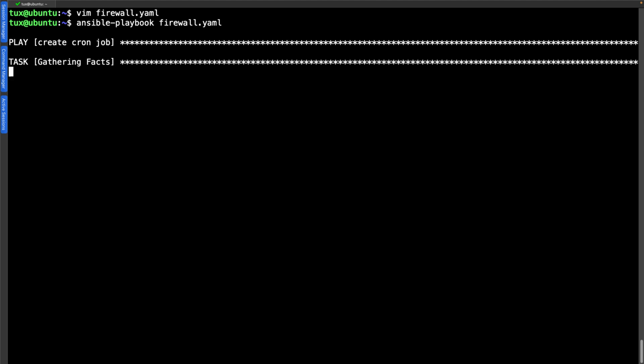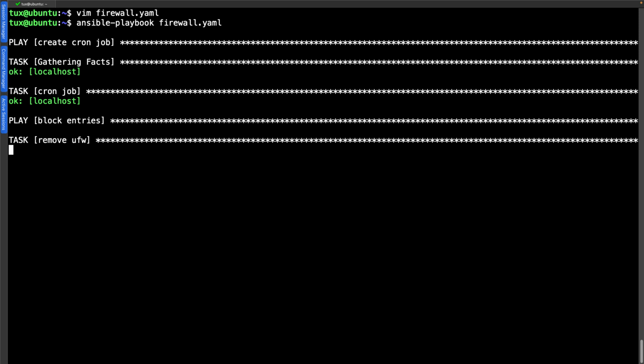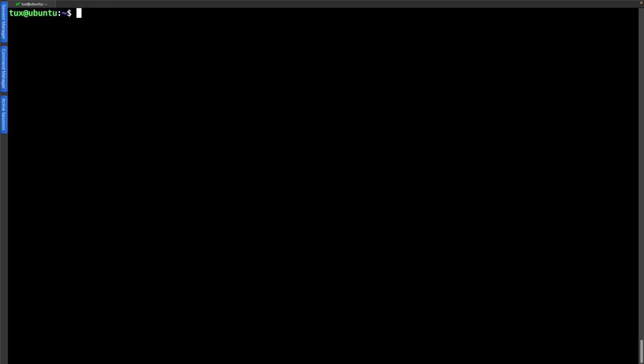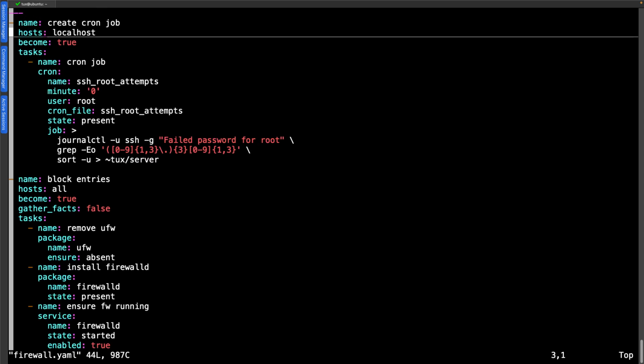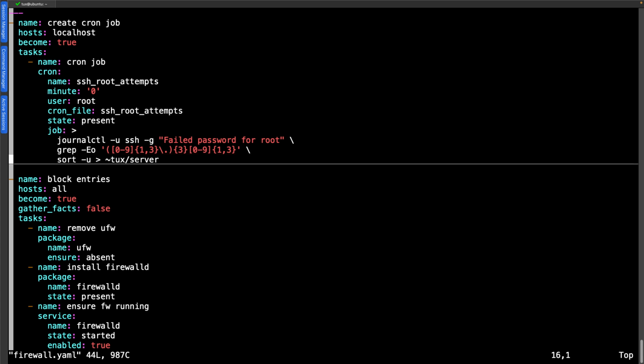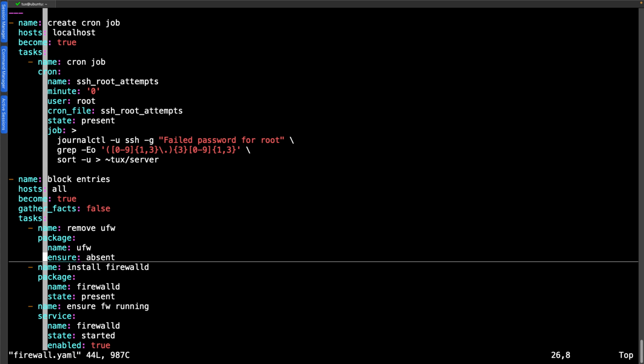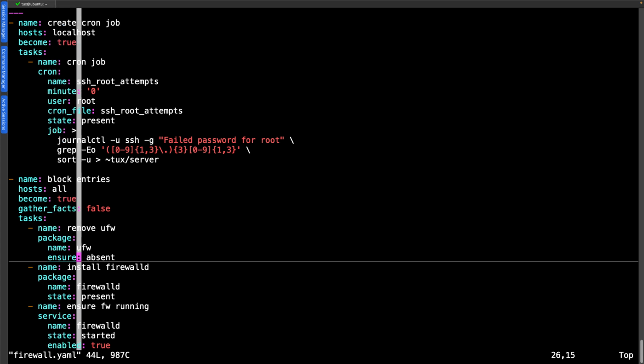We can actually put one task after another. But as we then go through and get to that remove UFW, we can see the task that is causing the problem, and it's saying an unsupported parameter for our modules. So that's okay. We kind of knew that as we were typing it, but don't be frightened by these errors. If we go back in then and edit it, as we move down, we can see then that we've got our ensure. That should be state.